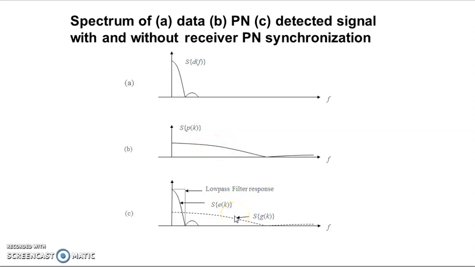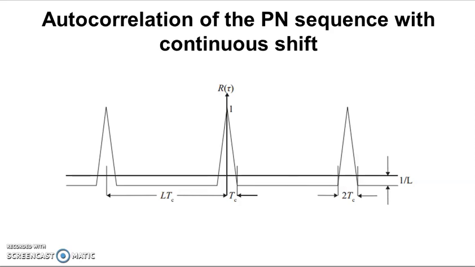Thus we can say that a DS-CDMA receiver detects the signal by correlating the demodulated signal with the exact PN code at the transmitter. We can have receiver correlations and all. This one is the autocorrelation of the PN sequence with the continuous shift, and it should